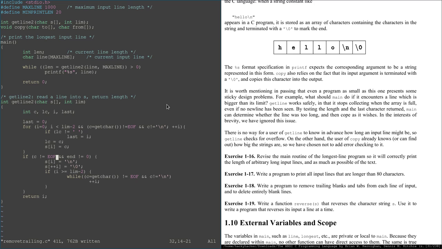So, if LC is not a space, if the last character wasn't a space, then we say the current character is last. So wait, so if I is a space,